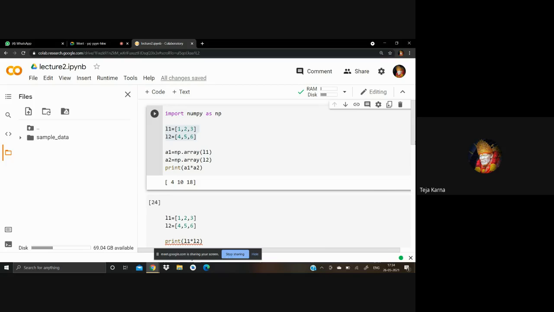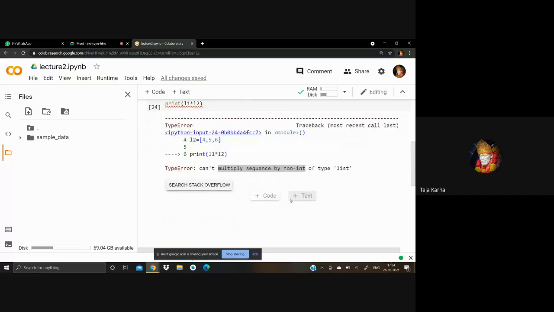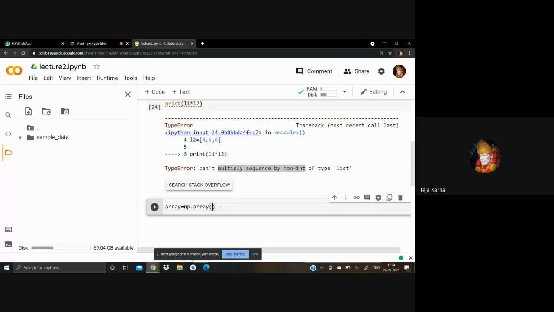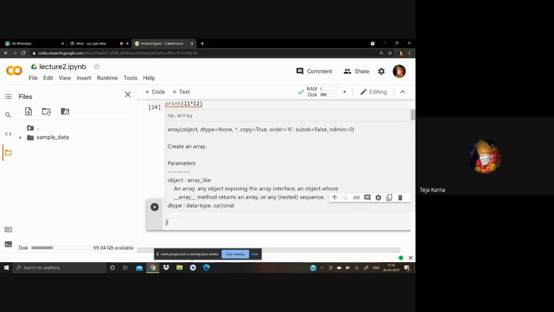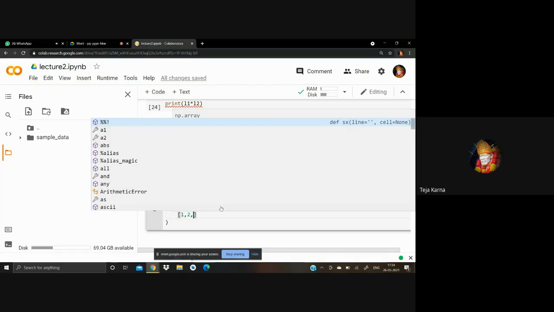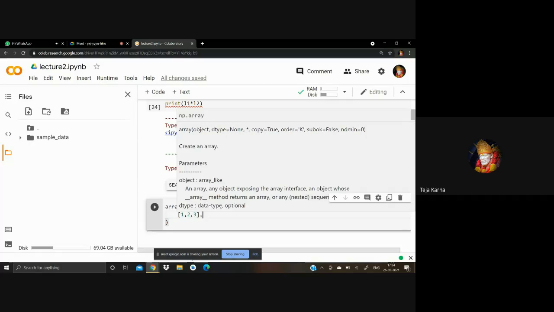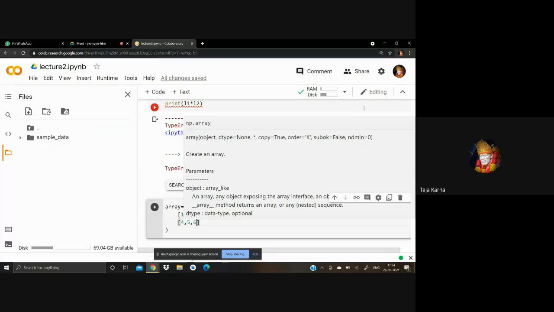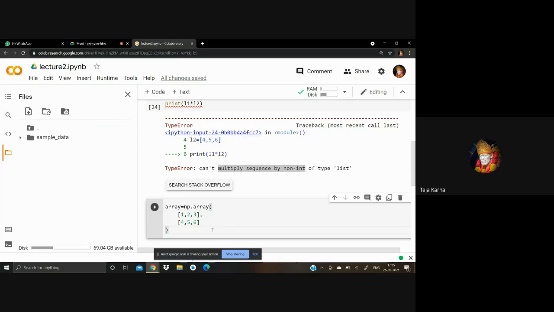Now we have a lot of other functionalities too that we are going to use. When we have multi-dimensional arrays, this is the basic syntax. array equals 1, 2, 3, then 4, 5, 6.